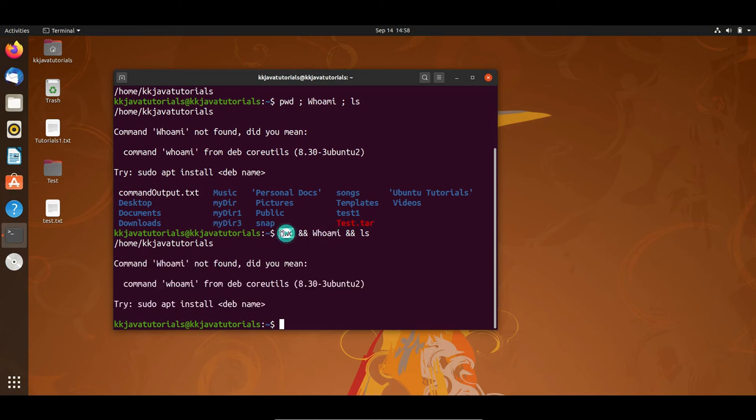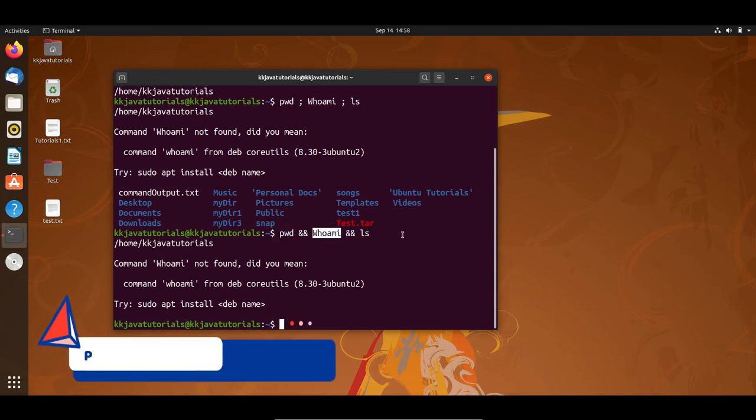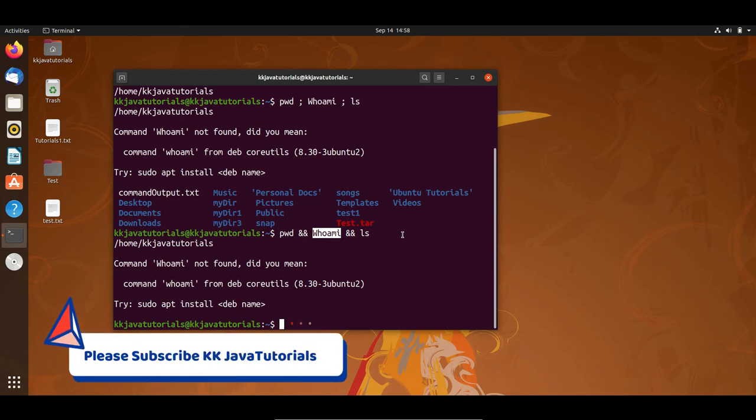So of course, when you combine the commands, they start executing from the left, and if this command failed, then whatever commands you have given after it, combined with ampersand, are all going to be skipped, right? This is logical AND. If you have programming knowledge, then you can understand, right?